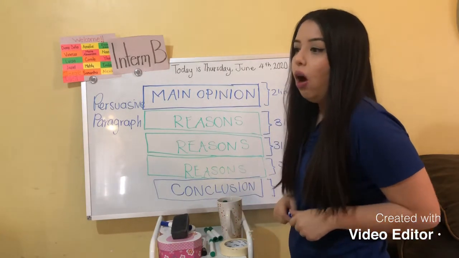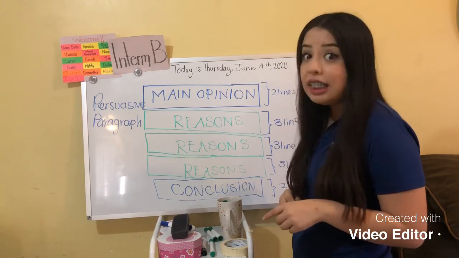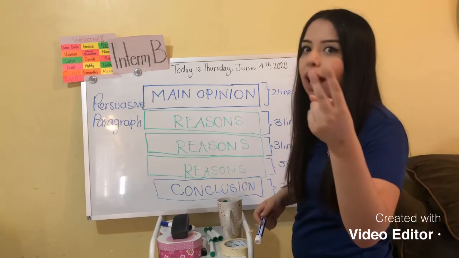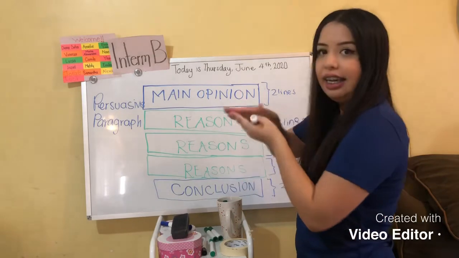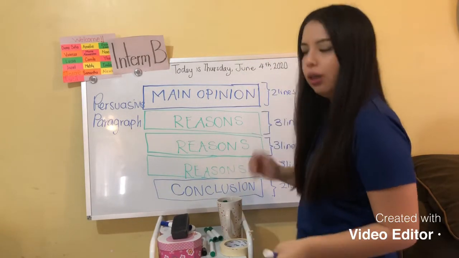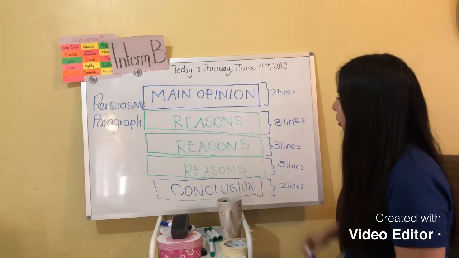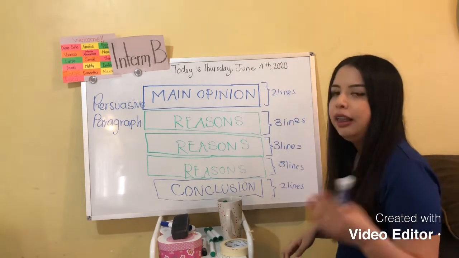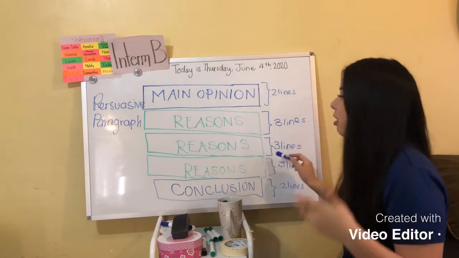Okay, you can say, oh, I remember when we went to Disney. It's the perfect place to go on vacation. That's 2 lines. Then you have to support the main idea. Support, support, support. So reason, reason, reason. So you're gonna do 3 parts. Reason, reason, reason, and approximately for each you have to put between 2 and 3 lines, because you're